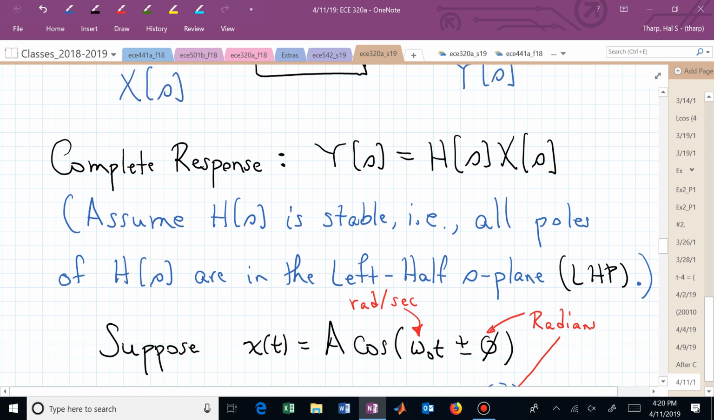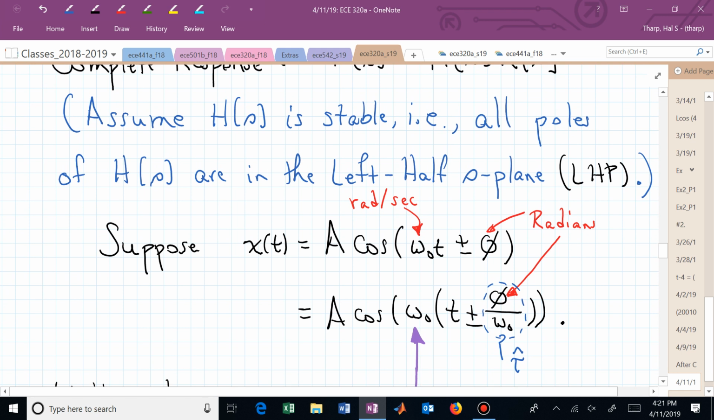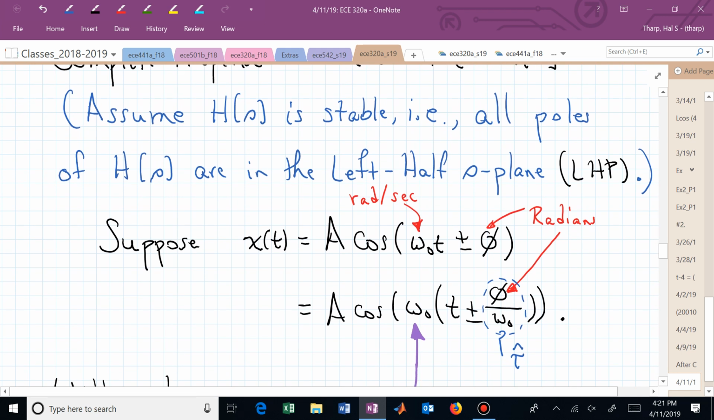Suppose now that our input, somebody hands you an amplitude of A, a frequency of omega naught, and maybe their original input is shifted in phase. But here, make sure that all of those are consistent. If omega naught is in radians per second and you've specified phi in degrees, that's okay, that's kind of convention, but when you need to add them up, you need to convert them to a consistent unit. Here I'm saying let's keep them in radians,